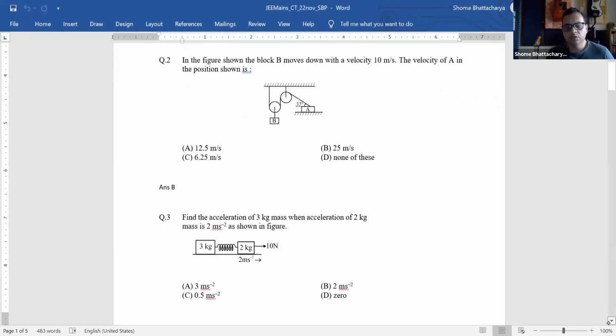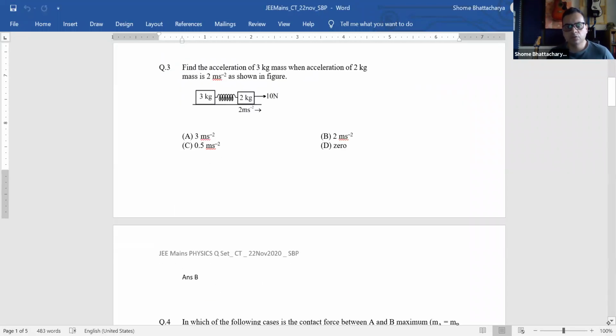Okay, what about question 3? Is this one clear to all of you? Question 3, okay. So in question 3, what you have to understand is that when you make the free body diagram for the 2 kg block, you can see the force